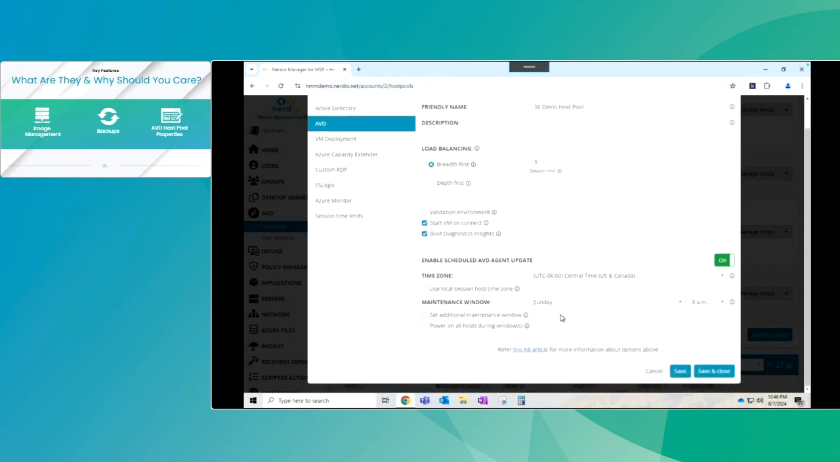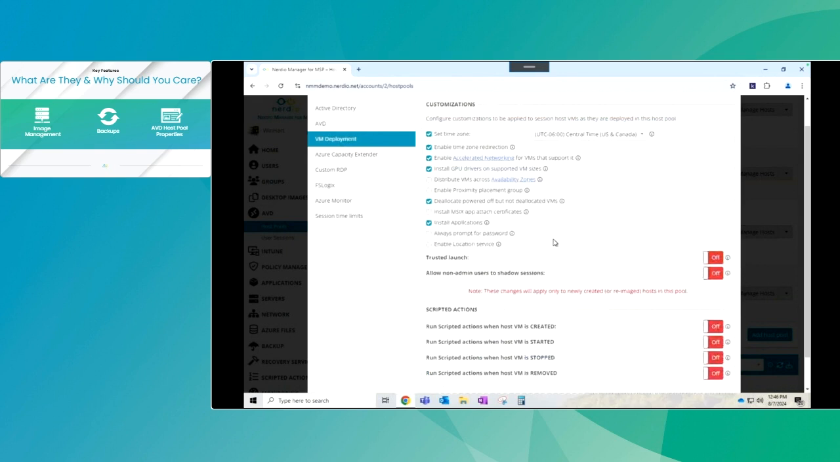A couple other things worth calling out: setting your time zone, and the maintenance window for your AVD agent updates. That can be handled right through this menu as well. But I want to get to some of the things I wanted to focus in on. Right here is where I want to call out your VM deployment, meaning that as a session host gets deployed,